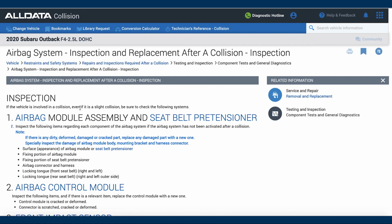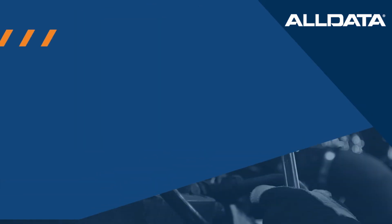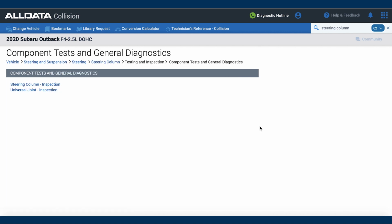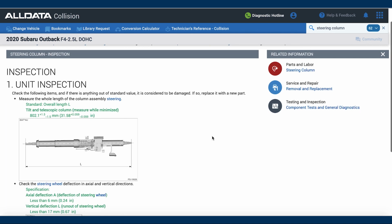From here, you will find a collection of procedures and checks that pertain to the OE. You can also verify any additional inspections or mandated part replacements from a collision event by using the search bar within the program. Utilizing keywords such as collision, steering column, or accident, ALLDATA can ensure your search captures any specific requirements for the year, make, and model of vehicle you are repairing, providing complete access to the information you need